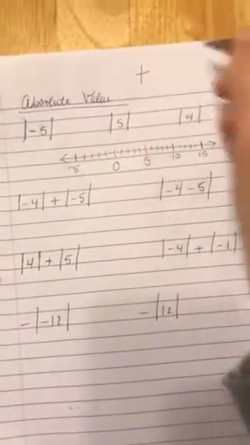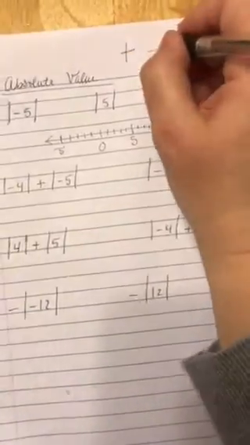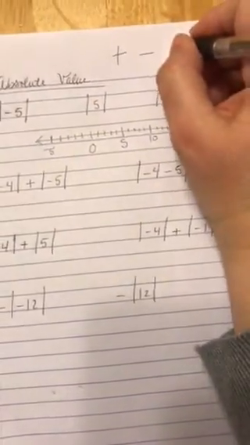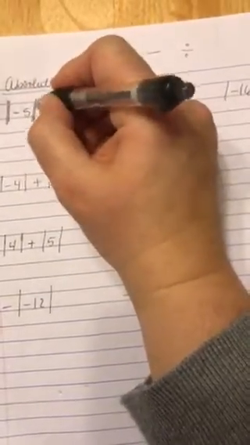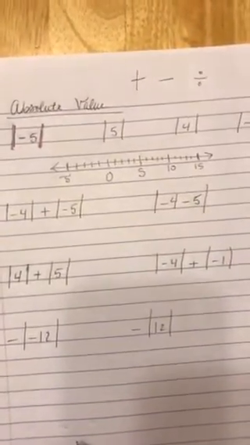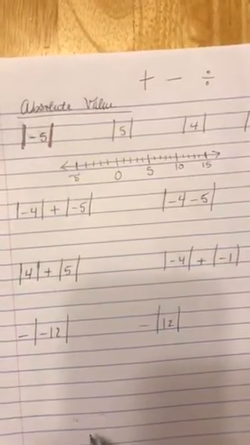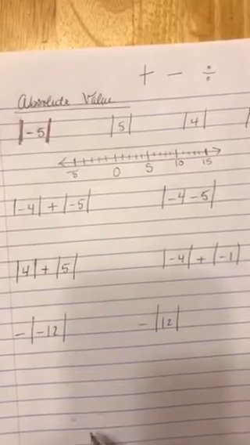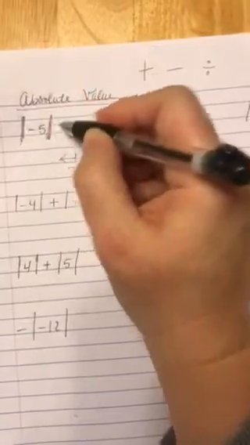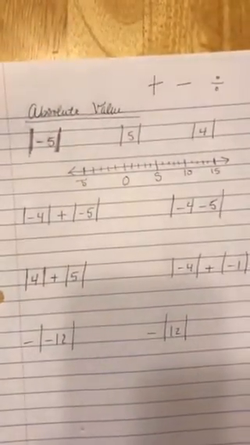So just like when you see this, your brain says plus. Just like when you see this, you think subtract. Whenever you see this, divide. These parallel vertical lines on either side of an integer simply mean what is the absolute value of that number. It's just a symbol that means that. So when you see these lines on either side of the number, you are to find how far away from